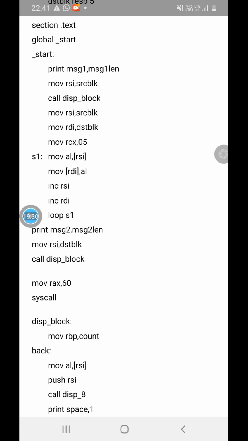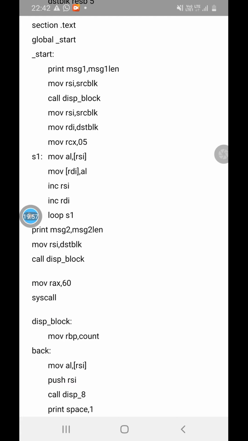So again I have to bring back this RSI, which points to the starting address of the source block. That's why the instruction is move RSI, source block, move RDI, destination block. So we have used two pointers to point to the source block and destination block. Again we have used the counter, move RCX, 5.